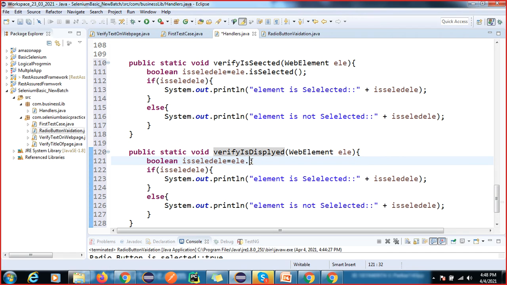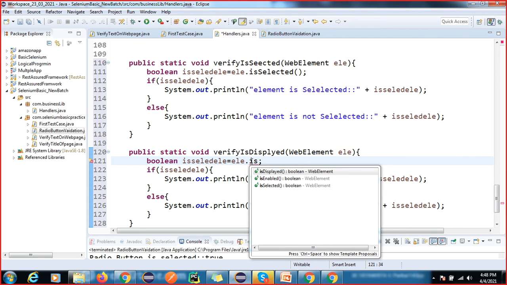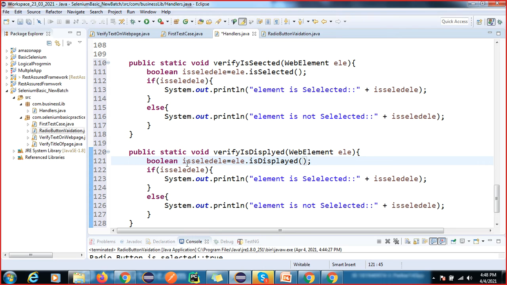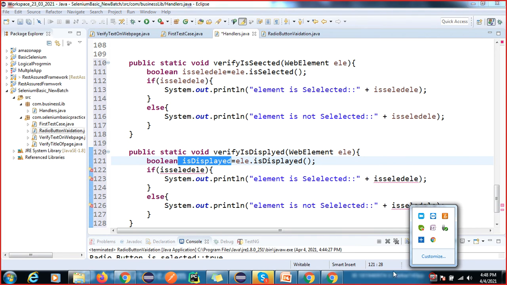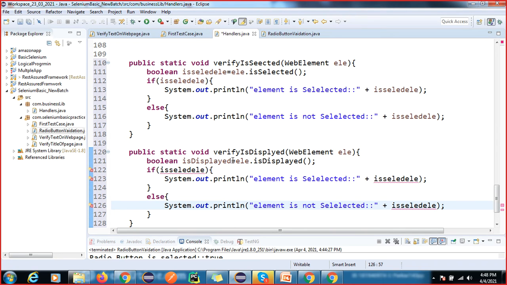Okay, so here the method is called isDisplayed. Yes, isDisplayed. Now I will change this to isDisplayed, isDisplayed, this is also isDisplayed.